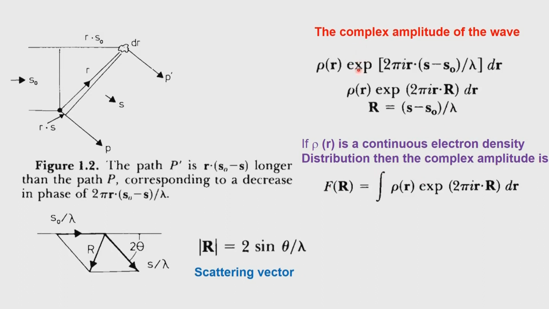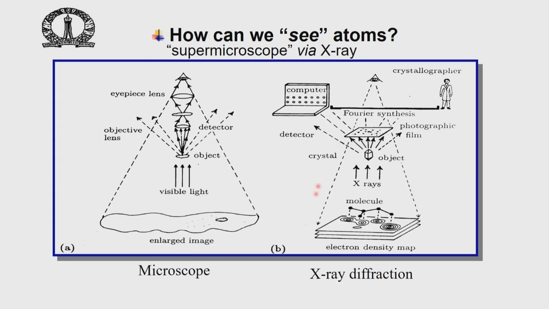What all we have to do is to express the overall amplitude which comes out of the crystal. See, what is it we are looking for? We are now going back to this picture. We are getting the scattering coming from the crystal in a certain direction, and this particular direction is due to the scattering which occurred due to the presence of the electron density inside the crystal. And the presence of the electron density inside the crystal has now resulted in the change in the path length, and any additional path length results in decrease in the phase associated with the wave.